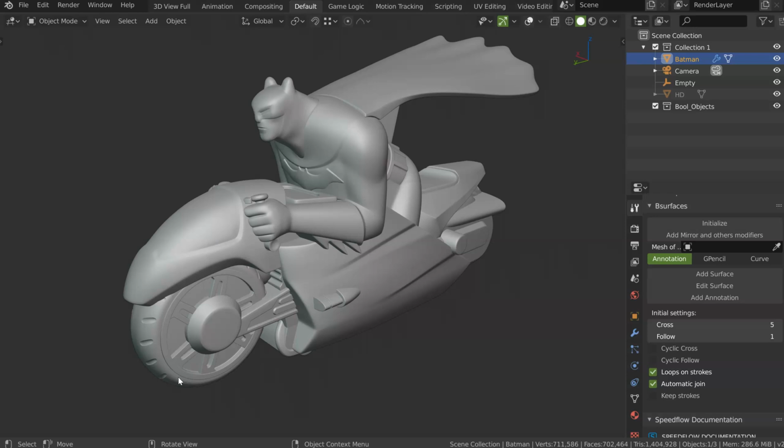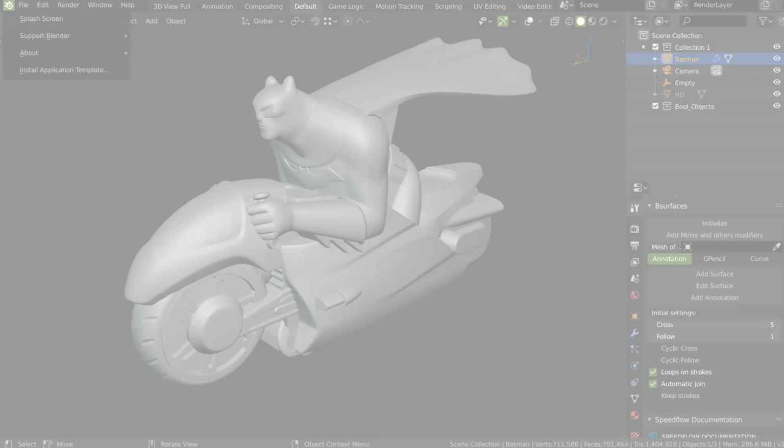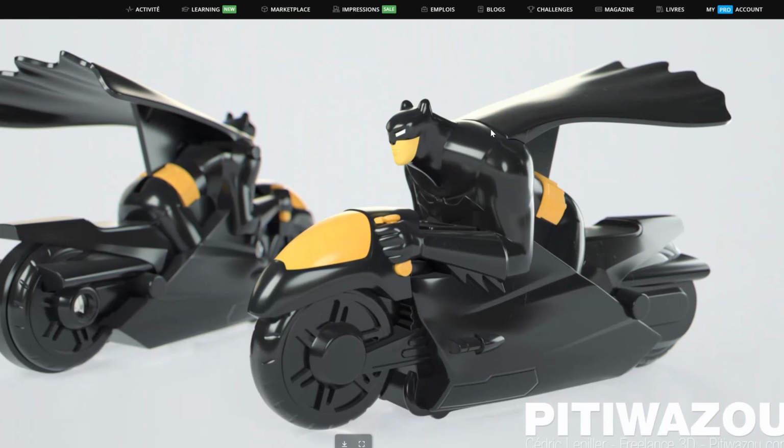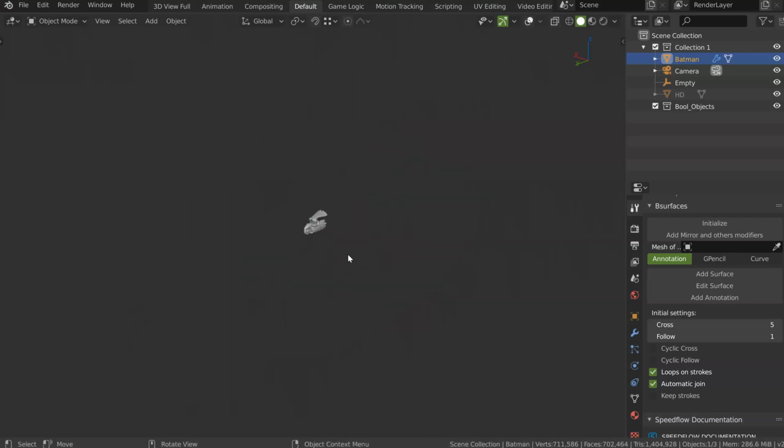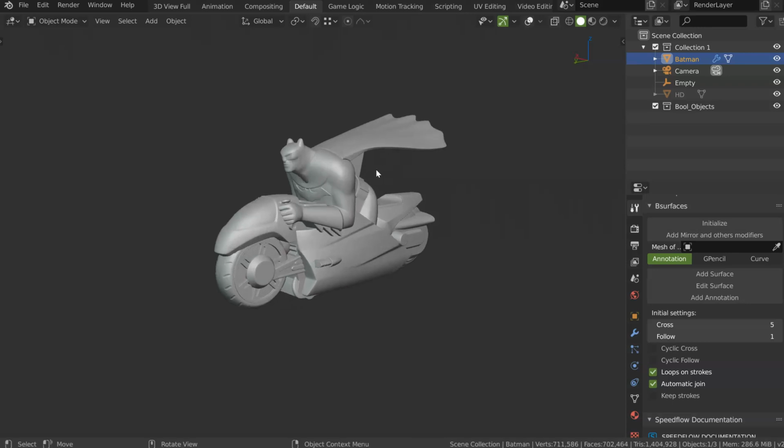This object was made from a scan, so I just had to make some retopology. But if I had to redo it now, on some parts of the object, I would have used a totally different workflow. I would have used screws to make some parts, and I will explain for other parts. But the result wasn't so bad. So as you can see, this is the result, and the object on the commercial was this small. It was really small, and the result wasn't the most important part.